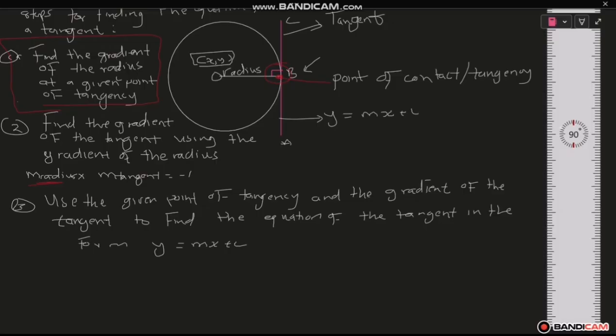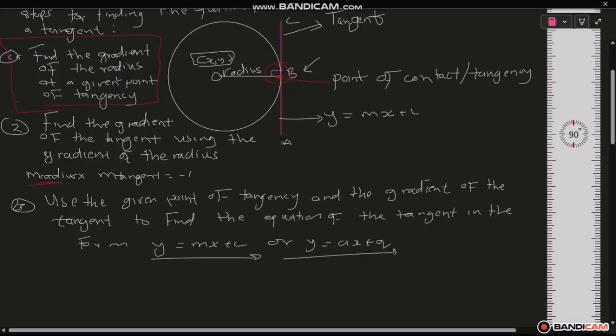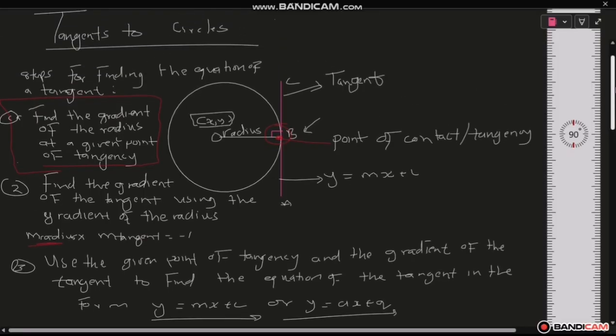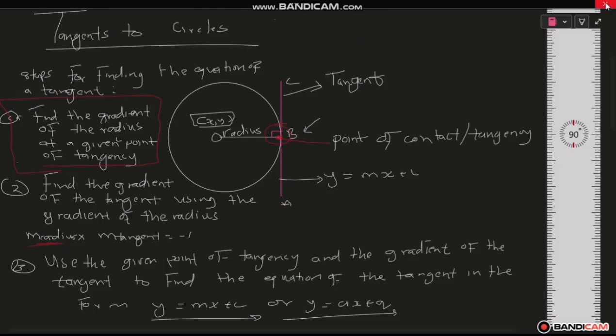This is the formula that you use in order to write the equation of the tangent under analytical geometry. So you use the center and the point of contact to find the gradient of the radius. Then after finding the gradient of the radius, you use it to find the gradient of the tangent, because in y equals mx,